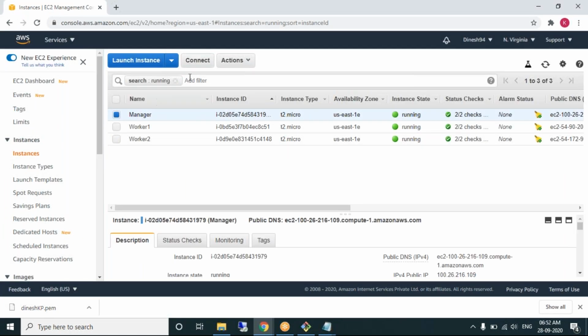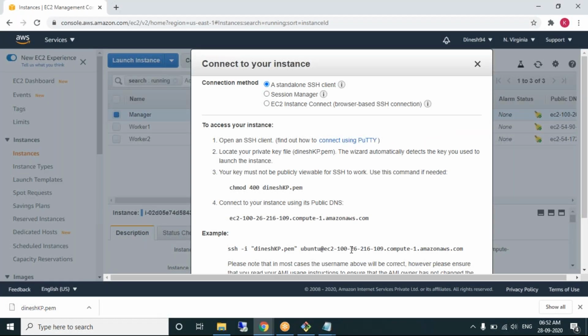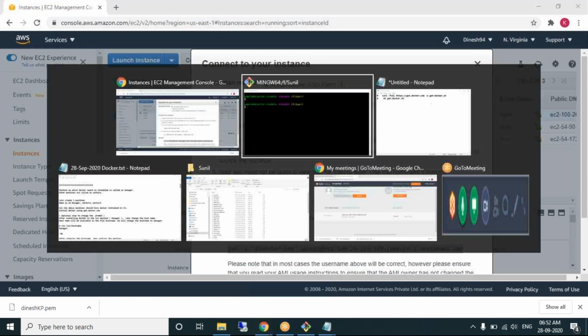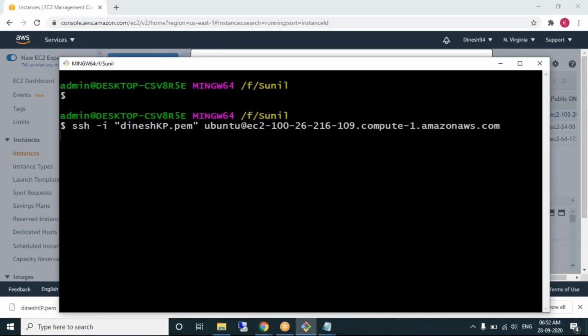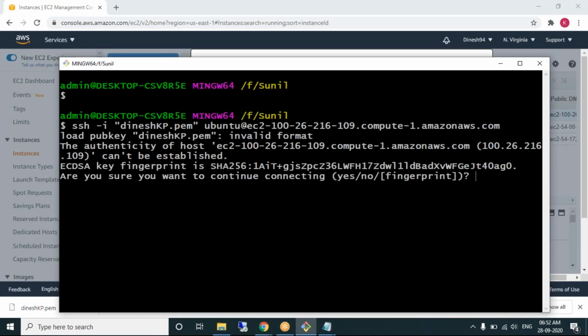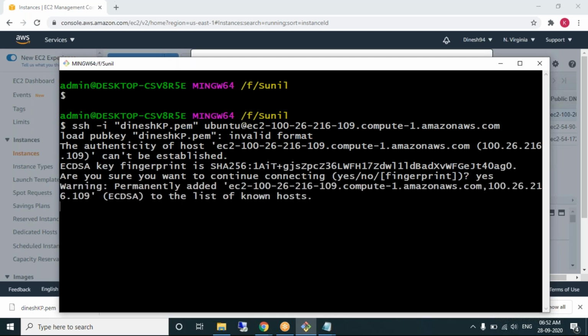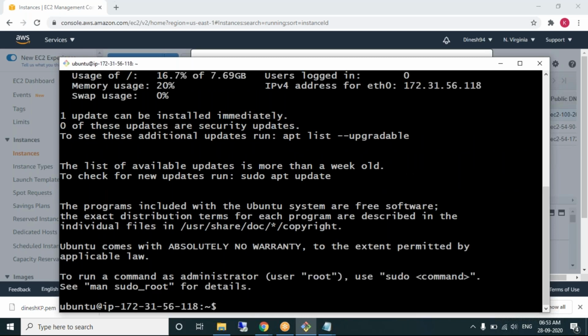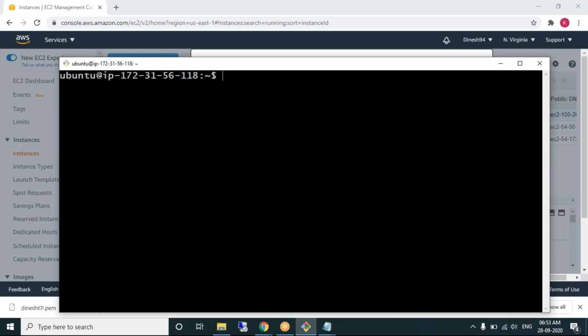Connecting to machine 1. You also please do this infrastructure. Creating an infrastructure which is required to experience Docker Swarm. Connected to first machine. Always when you're dealing with Docker, as I told you, switch to root user.